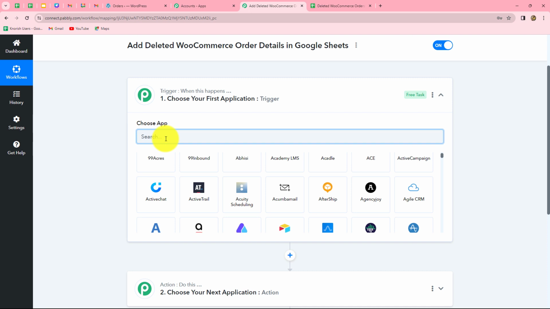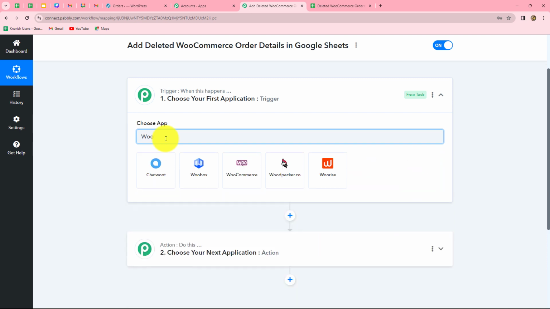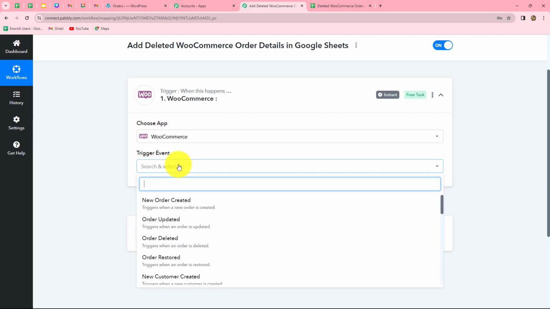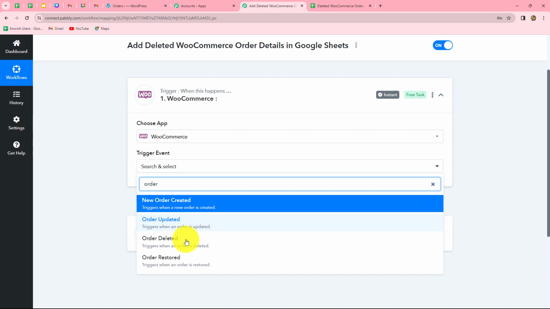First of all, we will select our trigger application, and that is WooCommerce. So let's select it. And now we have to select our trigger event. Now what is a trigger event? A trigger event is the event on the happening of which the workflow is going to start or trigger. Okay, so we are going to select order deleted as our trigger event, as we want that as soon as